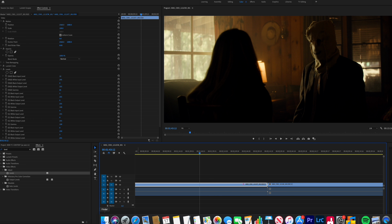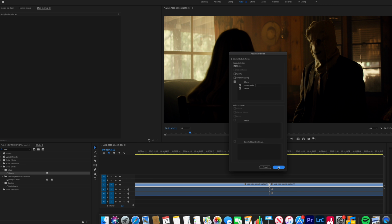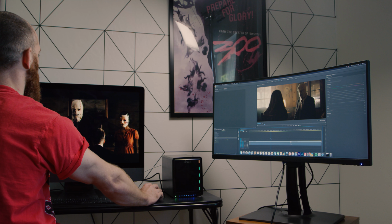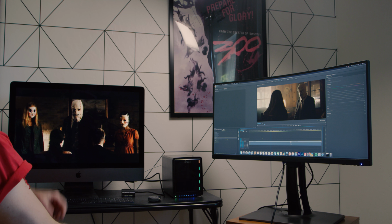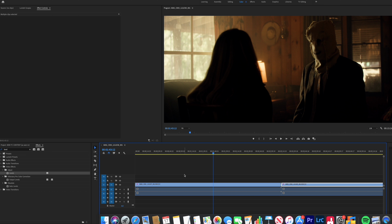I'm also just gonna copy and paste this over to these 2 clips so we can check how they look on those clips. But that's a pretty good look very quickly. You can see the similarities between those two. Everything is just